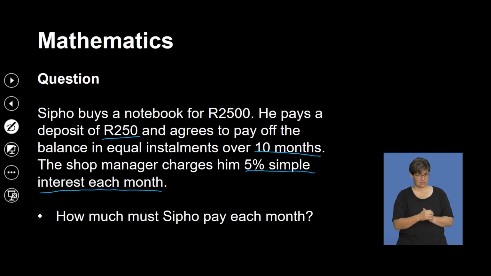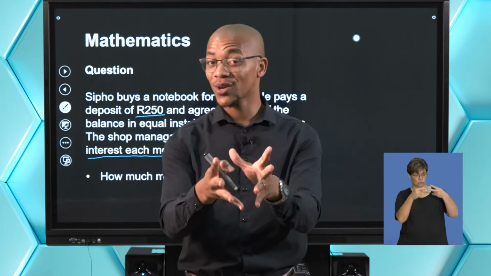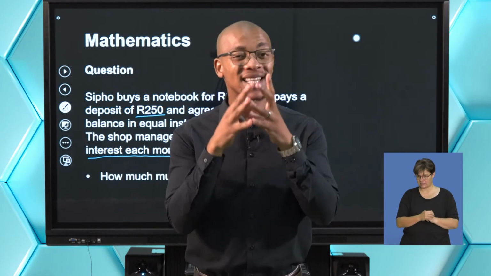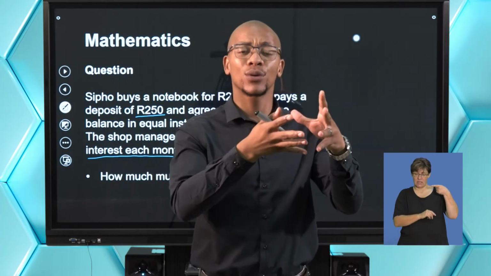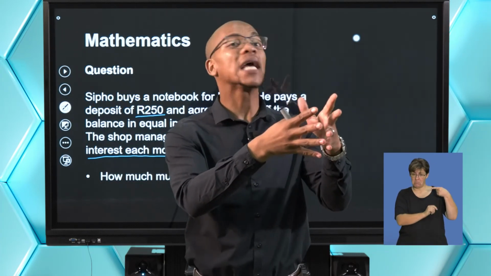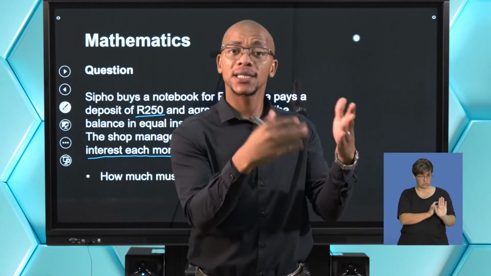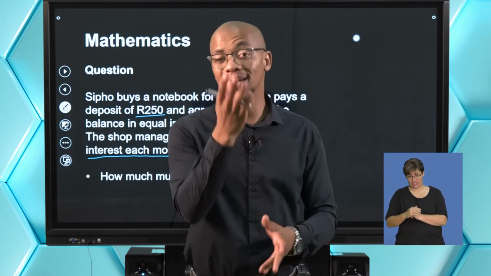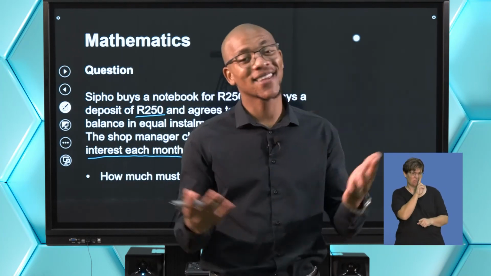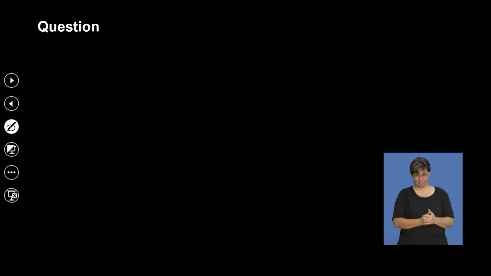Guys, with this question, I'm going to perform two types of questions for you here to see exactly what the bigger picture is. So let me just quickly explain. We're trying to see whether it would be better for Sipho to take this split, which is a loan, because remember, paying something off monthly at an interest is a loan. Or will it be better for Sipho to take another route of saving some money per month and then at the end buy what he wants to buy? But let's see what the numbers say so that we can make proper informed decisions, right?